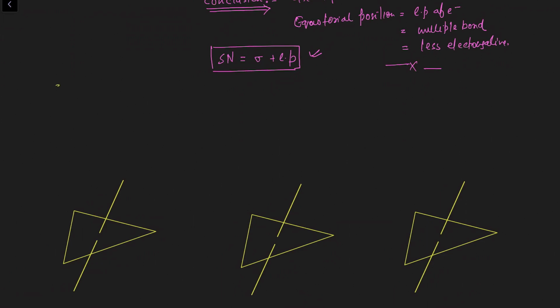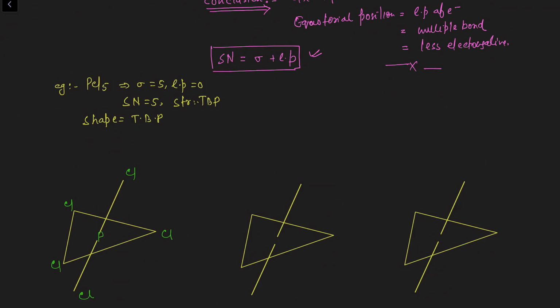Now example number 1, PCl5, right? In PCl5, sigma bonds are 5, lone pairs of electrons are 0, so the steric number is 5. The geometry of the molecule will be what? Trigonal bipyramidal, and the shape will also be the same, trigonal bipyramidal. No problem in this molecule. So the positions of all the chlorine atoms will be here, here, here, because the same type of atoms are there. This is what? Phosphorus.